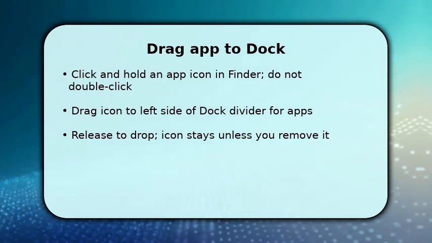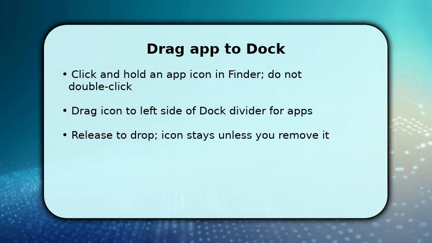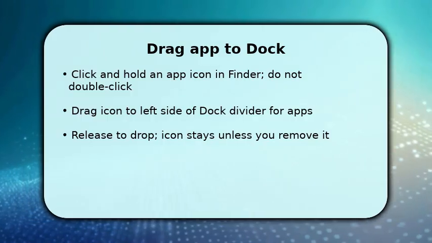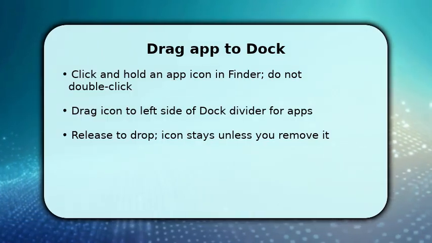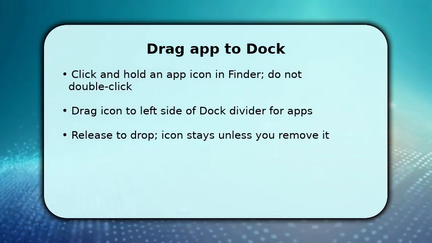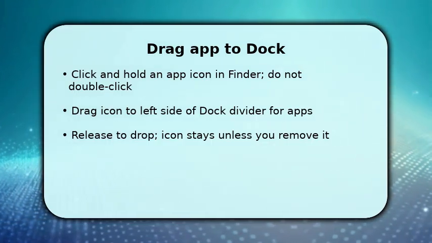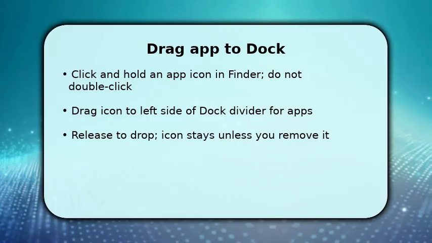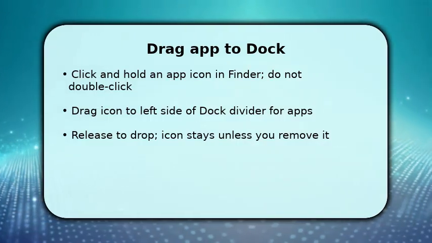Then drag the icon down toward the dock, aiming for the left side of the vertical divider that separates apps from folders and windows. As you move, the dock will shift to show insertion points. This is why dragging slowly helps. Release the mouse or trackpad when the icon is positioned where you want it, and the app will remain pinned